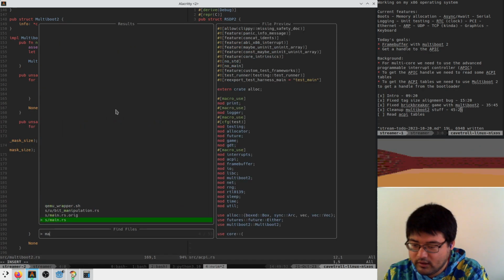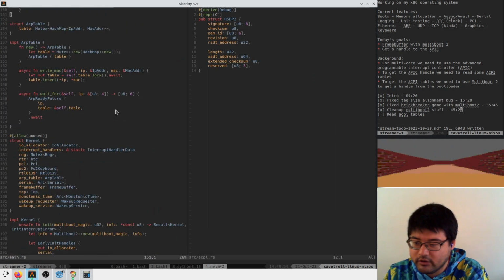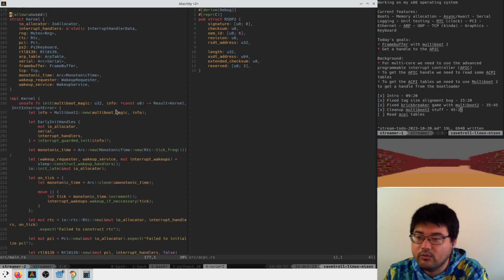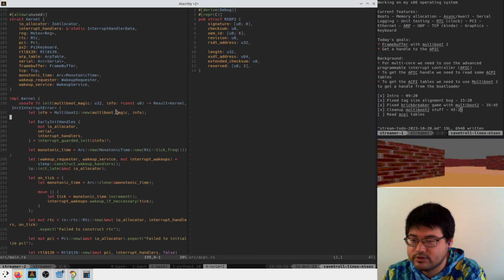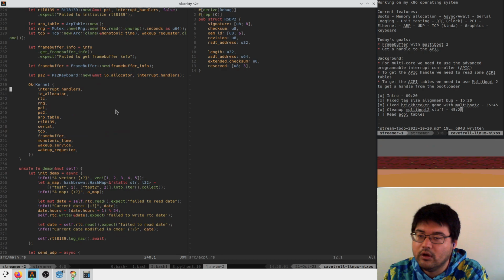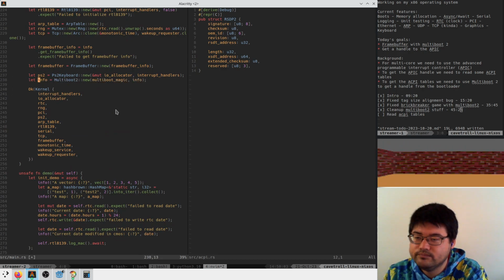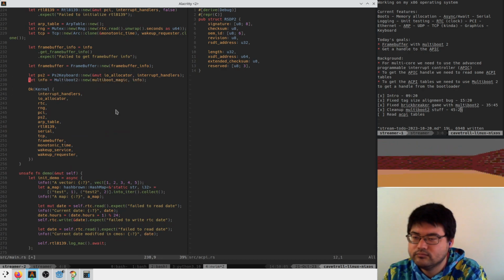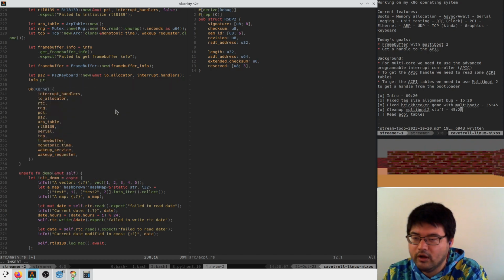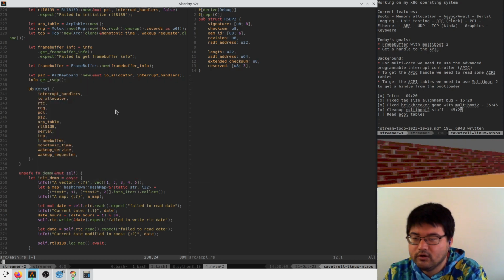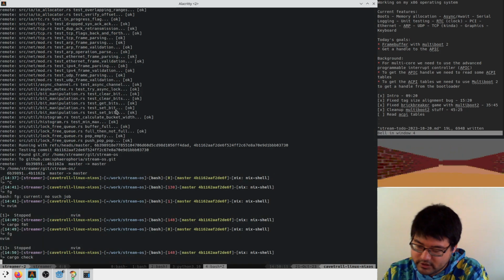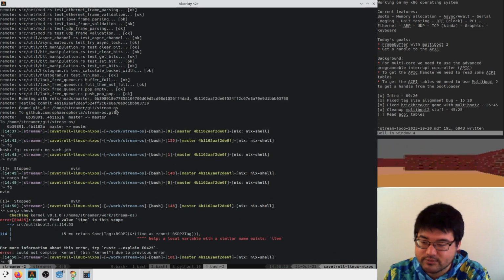And in main, now, in our kernel init or something, we can just print it in the RSDP. So we'll just go down here, and we'll say info get RSDP. Cargo check. Do we build? Nope, because we spelled something wrong.